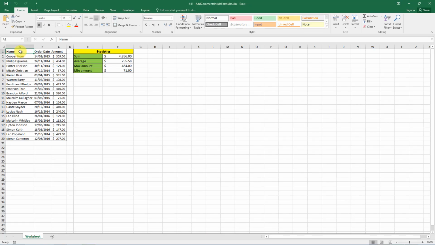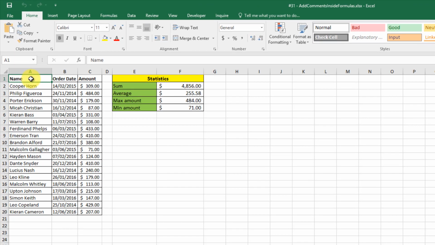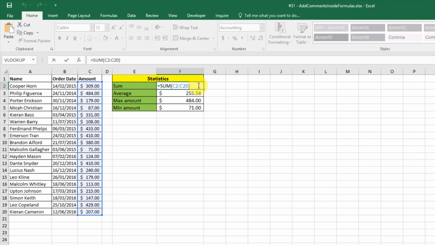Some formulas in a worksheet are fairly difficult to understand, so when a user looks at the result of a formula and then clicks on the formula bar to read the steps of the exact formula, it's difficult to understand it. A nice way to give information about the formula is to add comments inside them. To do that, I use the N function.